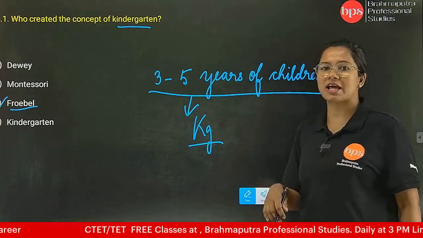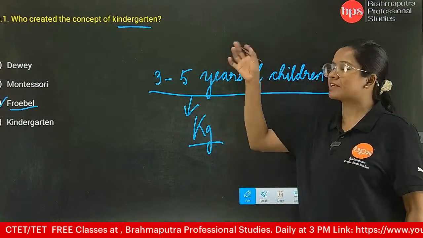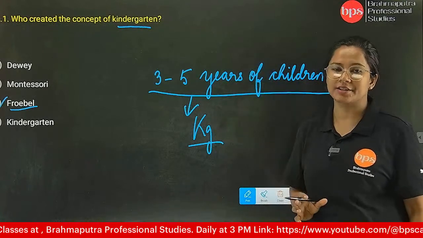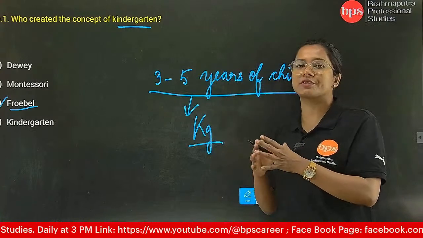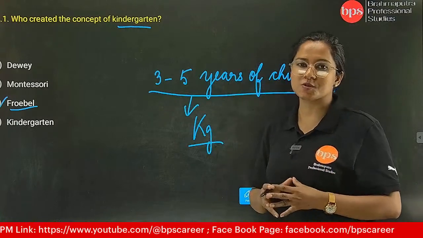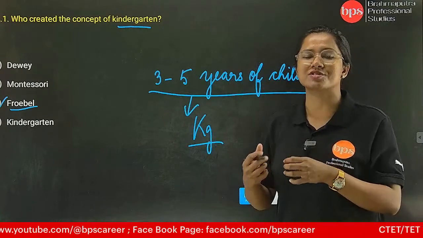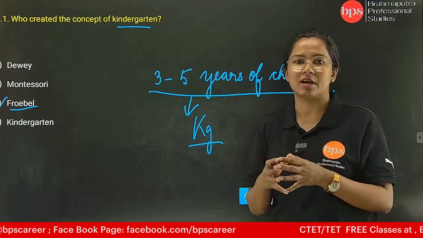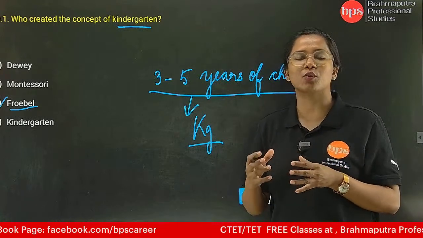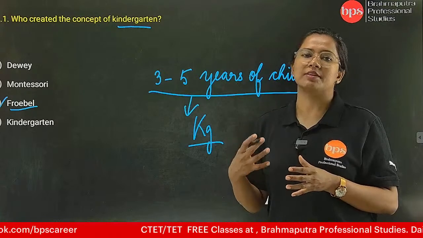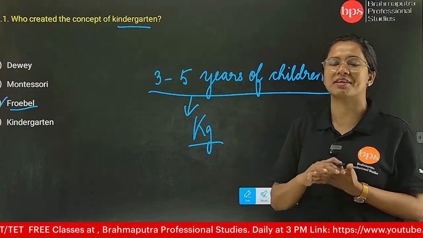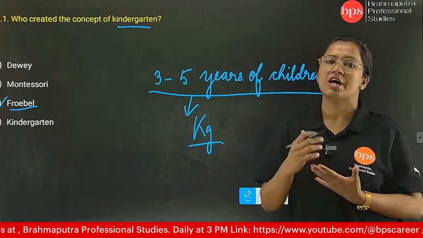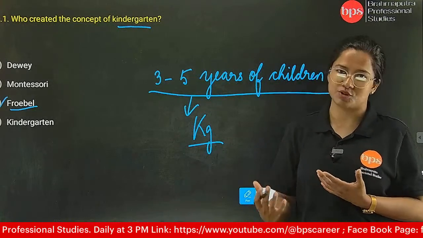Okay, KG is the class, or what is the full form of KG? It is kindergarten. And who are the students? These students go to this kind of school or this kind of standard of school. Why? Because this is the process where they are learning, and whatever they are learning, they are going to improve better in the future. So this is the basic ground, or we can say the basic foundation, for a student to learn something new in the future.